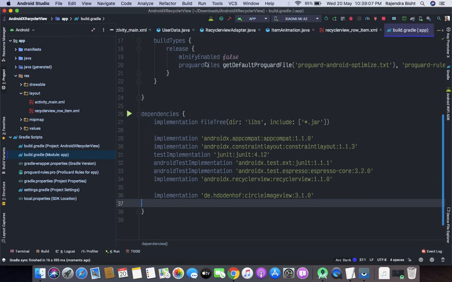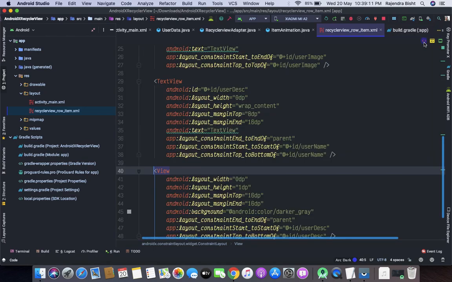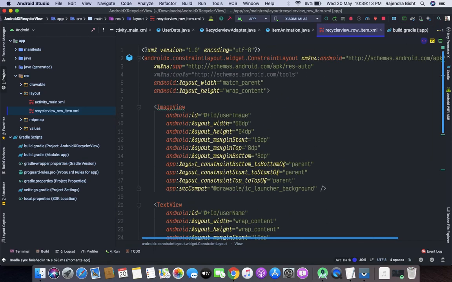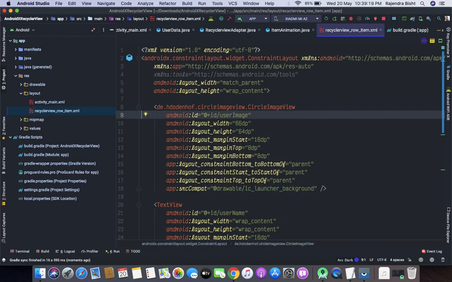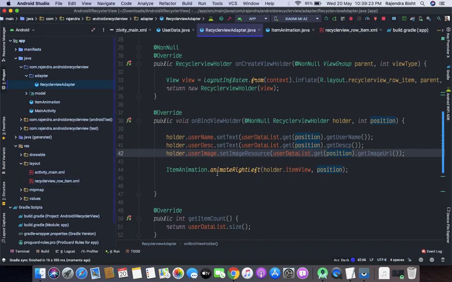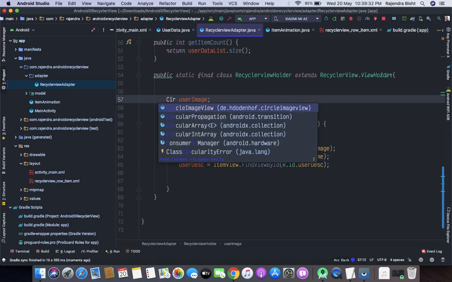Now it's done. So now I will go to the image view and I will change our image view to circle image view. Okay, now in the recycler adapter part, inside the view holder, change it to circle image view.